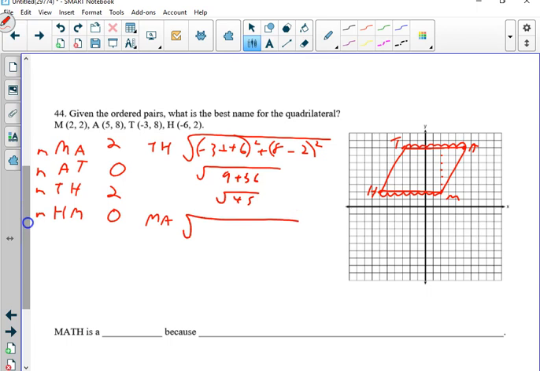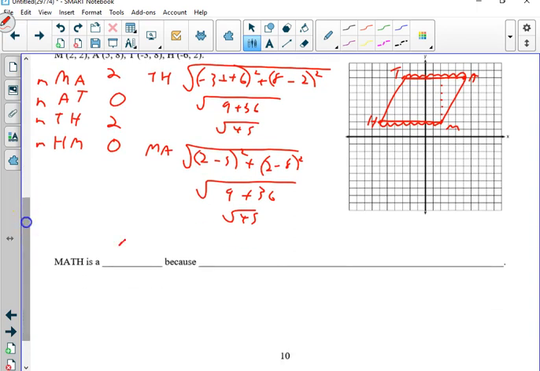MA, 2 minus 5 squared plus 2 minus 8 squared. 2 minus 5 is negative 3, squared is 9. 2 minus 8 is negative 6, squared is 36, square root of 45. So those opposite sides are equal. So this is a parallelogram because both pairs of opposite sides